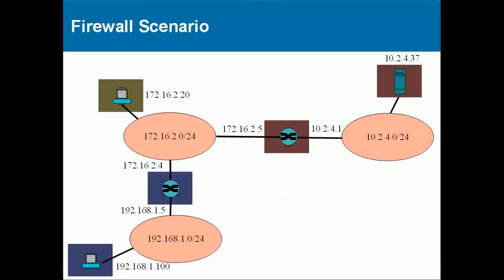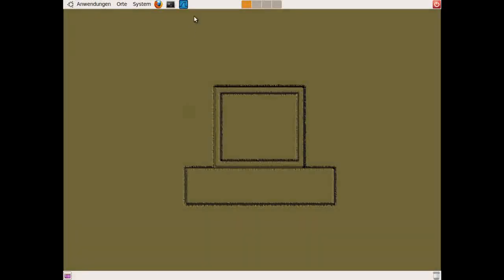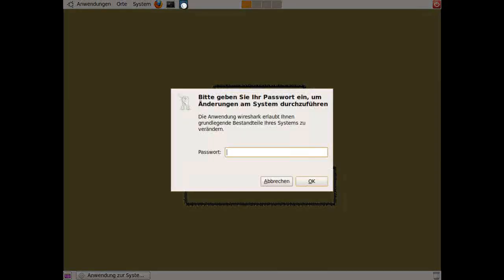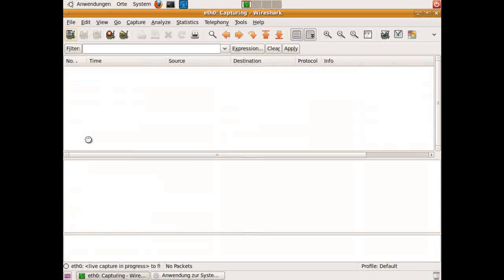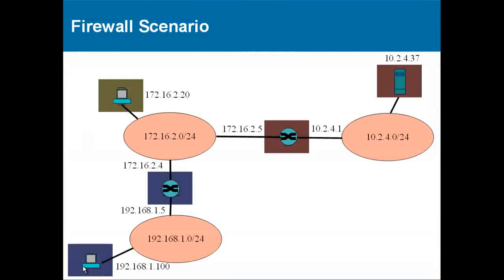So regarding IP addresses, you see the setup here, and I've configured this machine such that it's able to observe all the traffic that flows through the public network, our model of the internet. What I'm going to do now is start a packet sniffer, particularly Wireshark, on this machine. So Wireshark's now running, and I'm also going to ping from this machine here to